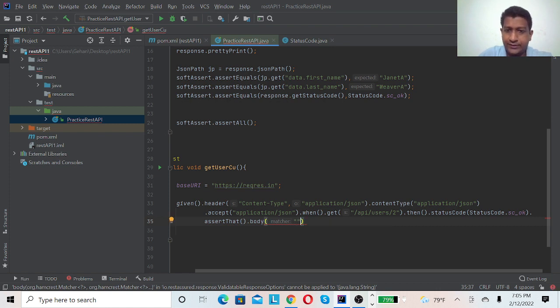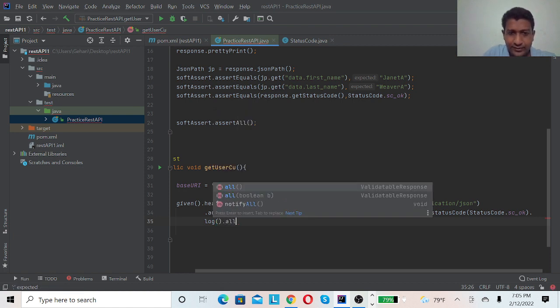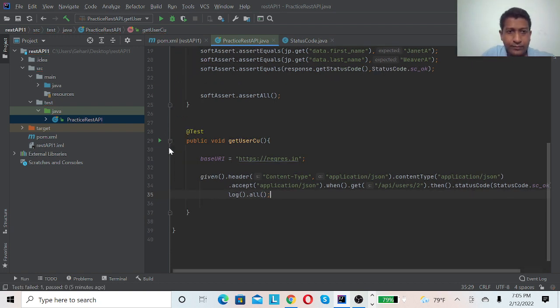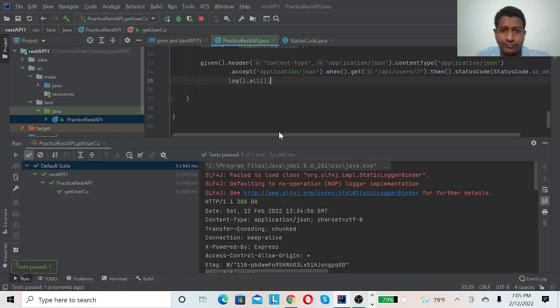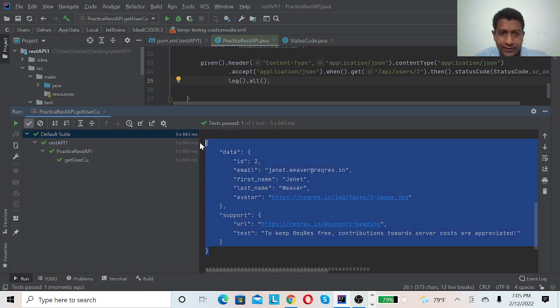So I need to find the JSON path. Before putting the assert, I will do a log all to get the response so that I can assert easily. So this is the response I need to assert.